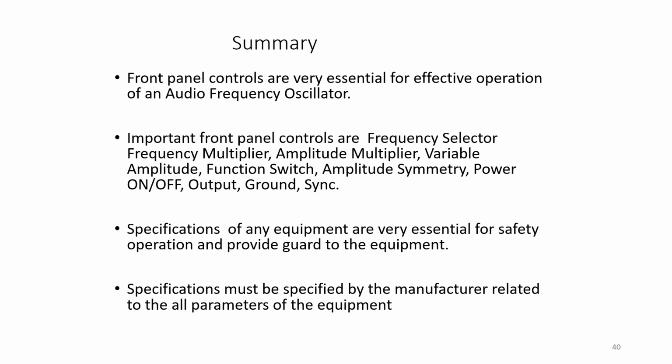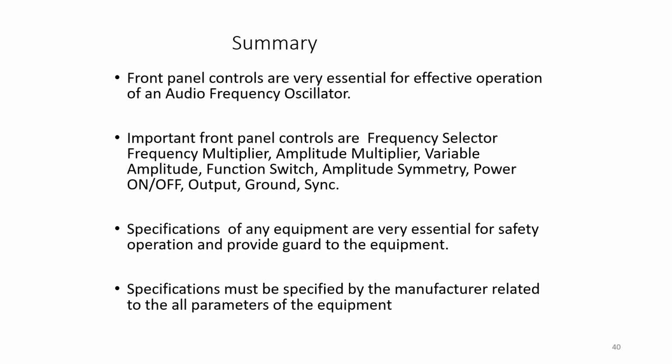So the instrument generates frequencies ranging from 10 Hz to 1 megahertz, continuously variable over 5 decades with overlapping ranges, with output from 5 millivolts to 5 volts. The output is taken through a push-pull amplifier for low output impedance, which is 600 ohms. The square wave amplitudes can be varied from 0 to 20 volts peak. The instrument requires only 7 watts of power at 230 volts, 50 hertz.